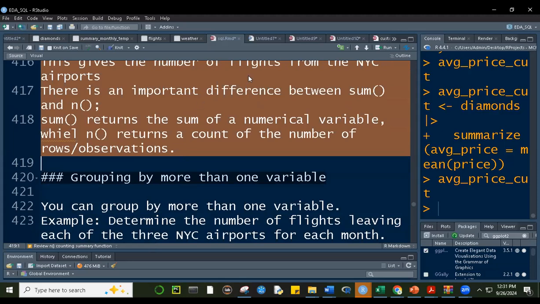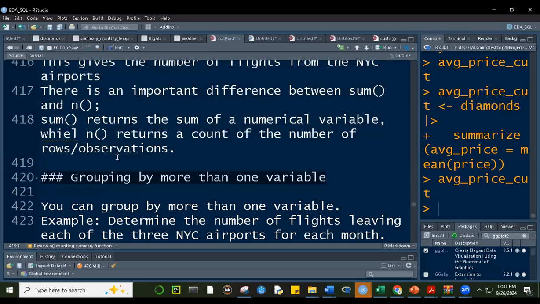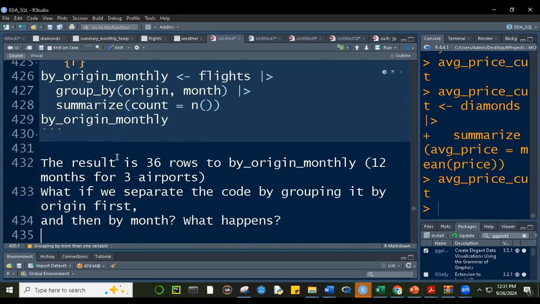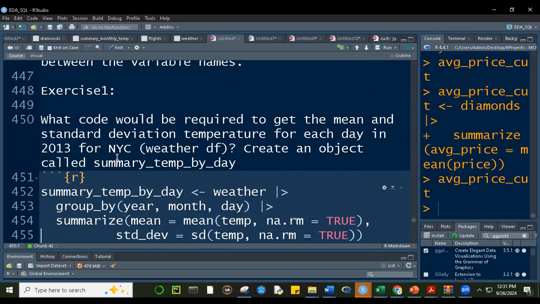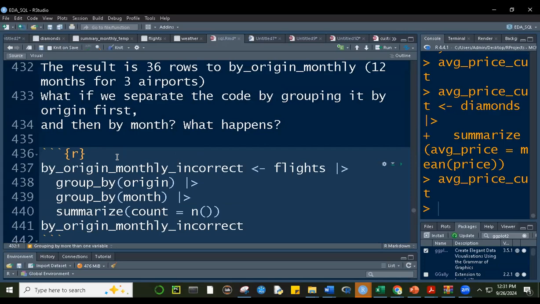So let's see, Control C. All right. Okay. Now,